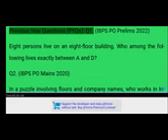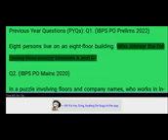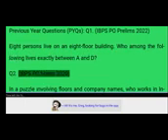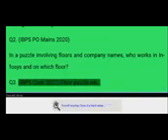Previous year questions, PYQs. Q1, IBPS PO prelims 2022: 8 persons live in an 8-floor building. Who among the following lives exactly between A and D? Q2, IBPS PO mains 2020: in a puzzle involving floors and company names, who works in Infosys and on which floor? Q3, IBPS clerk 2021 floor puzzle with